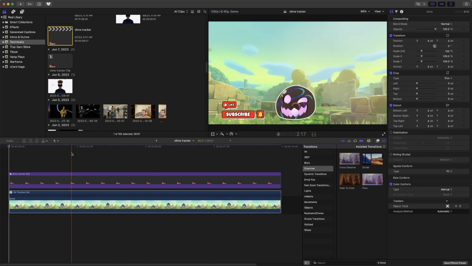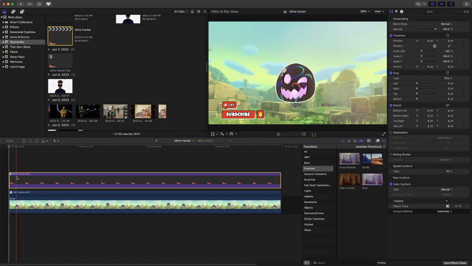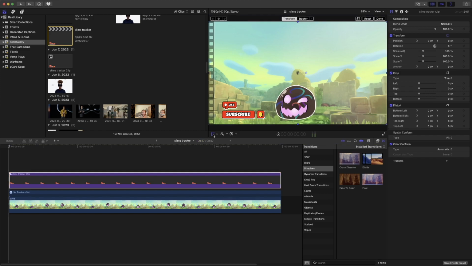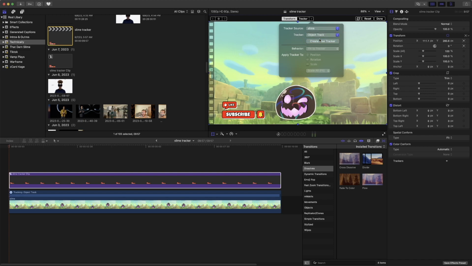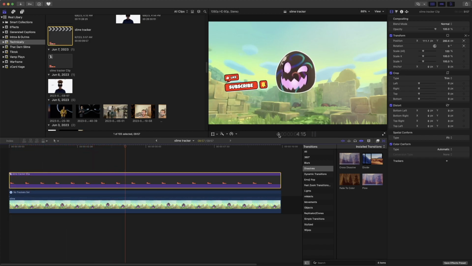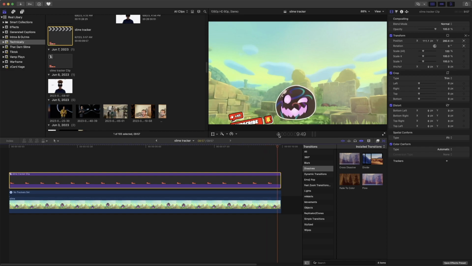And then what we need to do next is click on here, click here, go see where it says tracker, click this arrow here, find our object track, and then just like that, we should be able to click done. Then we should be able to click play, and as you can see, the subscribe is tracked to our slime